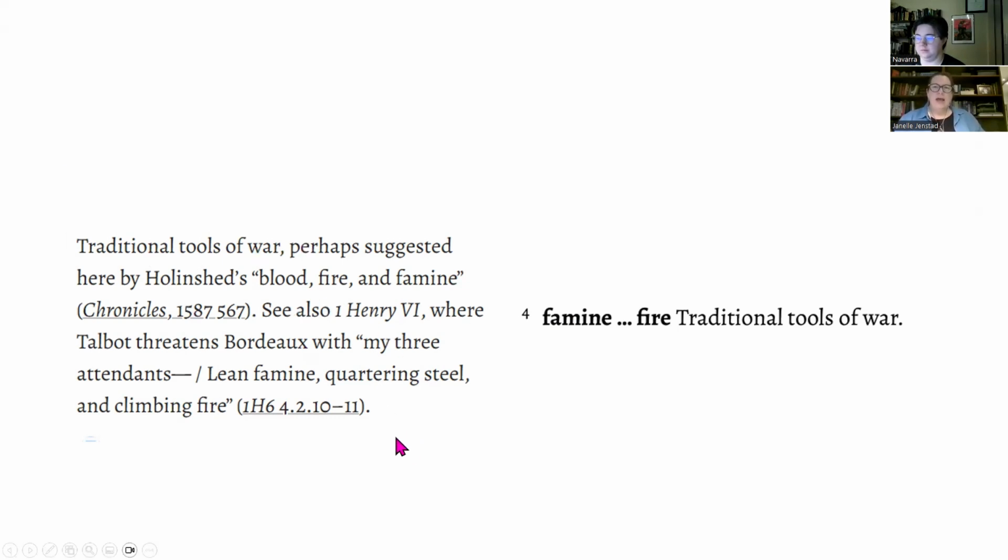Great information to have. It's great to know that Shakespeare's drawing on Holinshed. It's good to know that there's some intertextual borrowing happening, maybe from one of Shakespeare's early plays to one of his later plays. But that's longer than 255 characters, and it is arguably more than the user of the print edition needs. And so we have a shorter version of that note for the print edition.